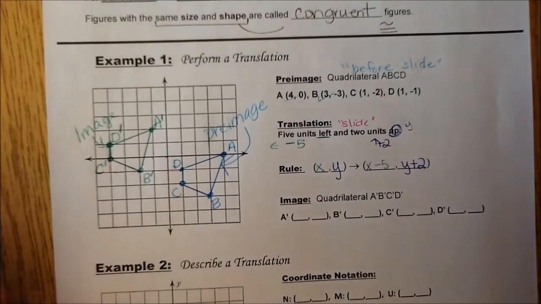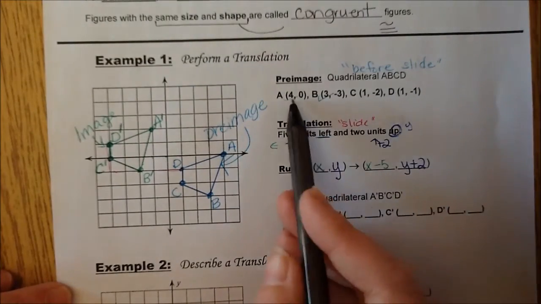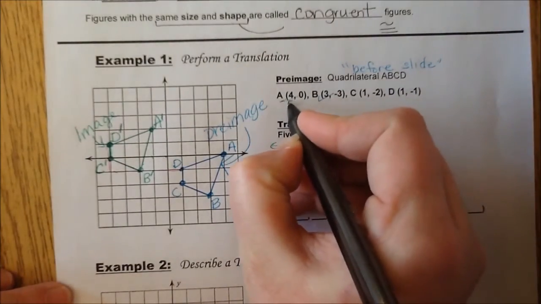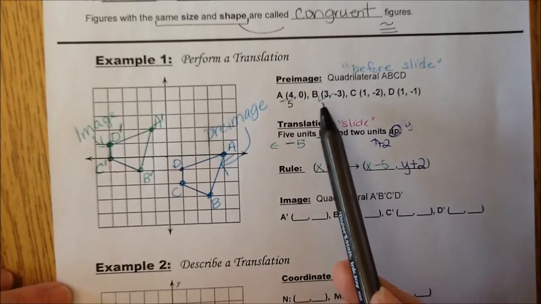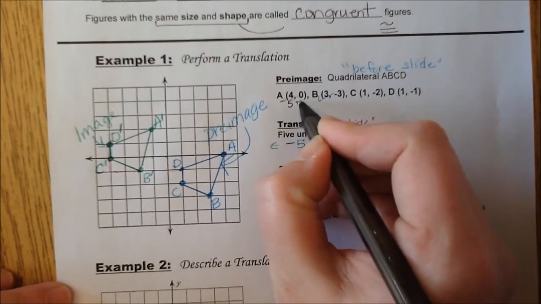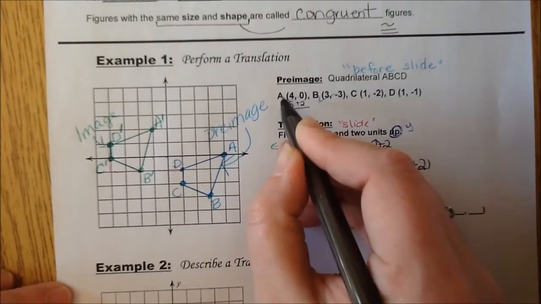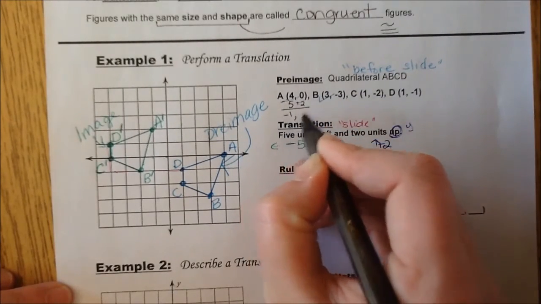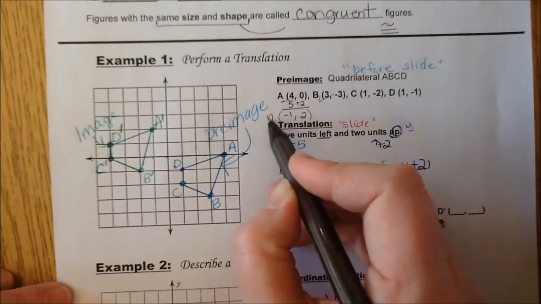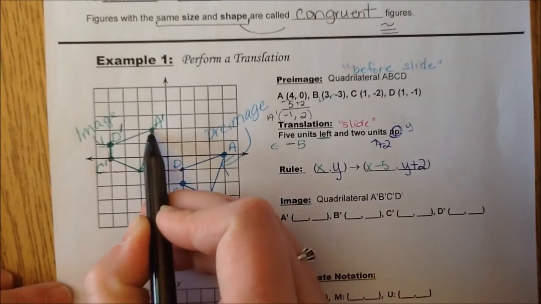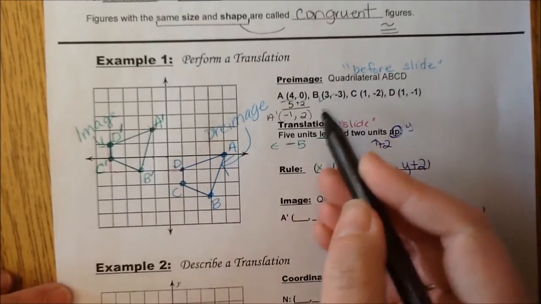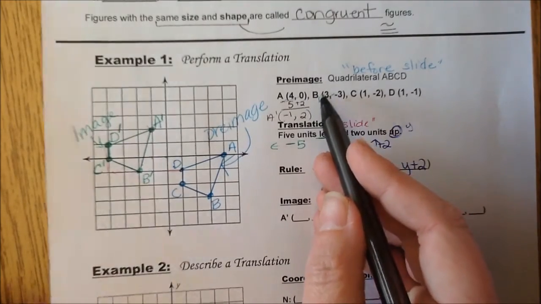So now let's try that for one and see. If I said 4 minus 5 and 0 plus 2, if I did that, then I should have 4 minus 5 is negative 1 and 0 plus 2 is 2. So my new ordered pair for A prime should be negative 1, 2. Negative 1 up 2. It absolutely is. So my image down here,